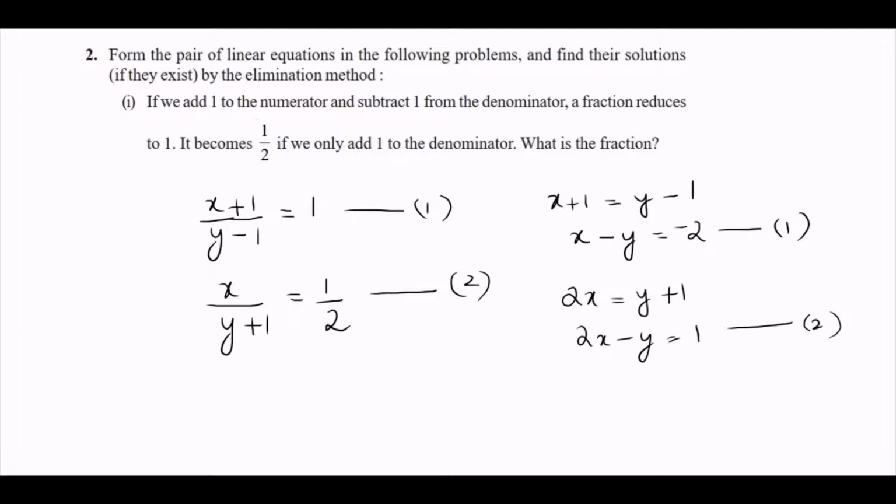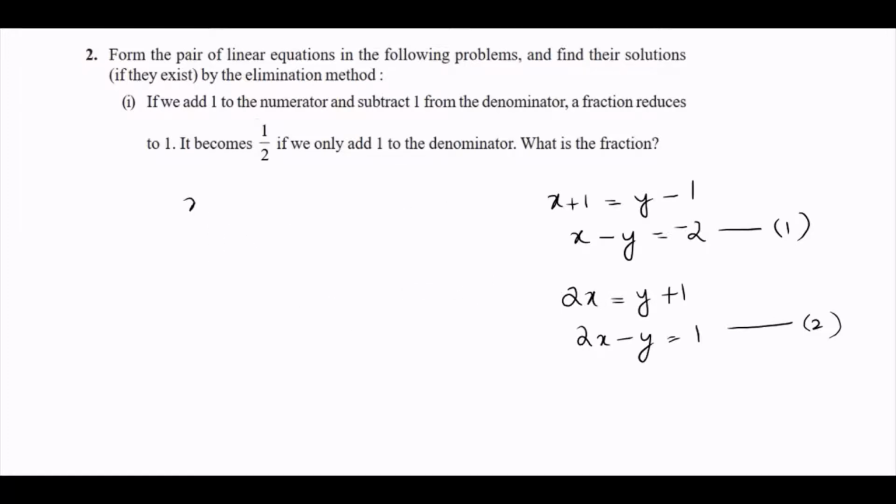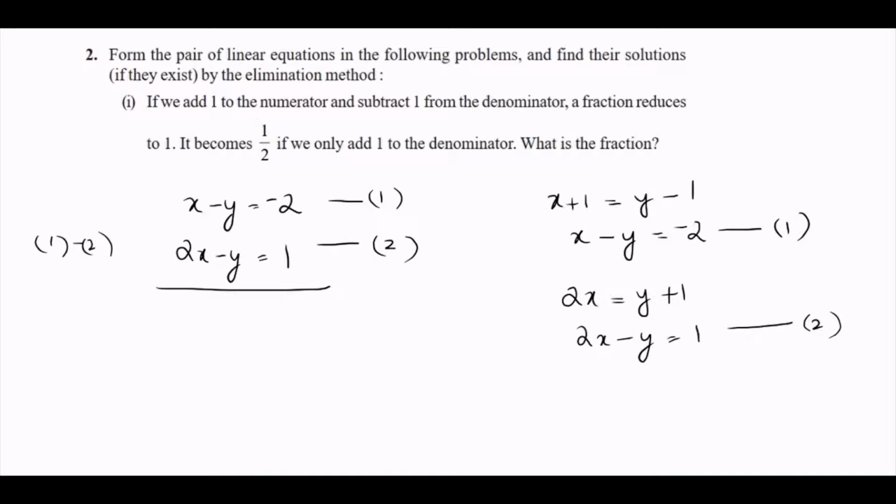Now we have to use the elimination method and find out the solutions. So our equations are x minus y equal to minus 2 and 2x minus y is equal to 1. So as the coefficient of the y variable is the same here, you can subtract, that is x minus 2x is minus x. And the coefficients of y variable is the same, that is it is 1. So minus y plus y, you get it cancelled. That is equal to minus 2 minus 1 is minus 3. So x is equal to 3. So the x value is 3.